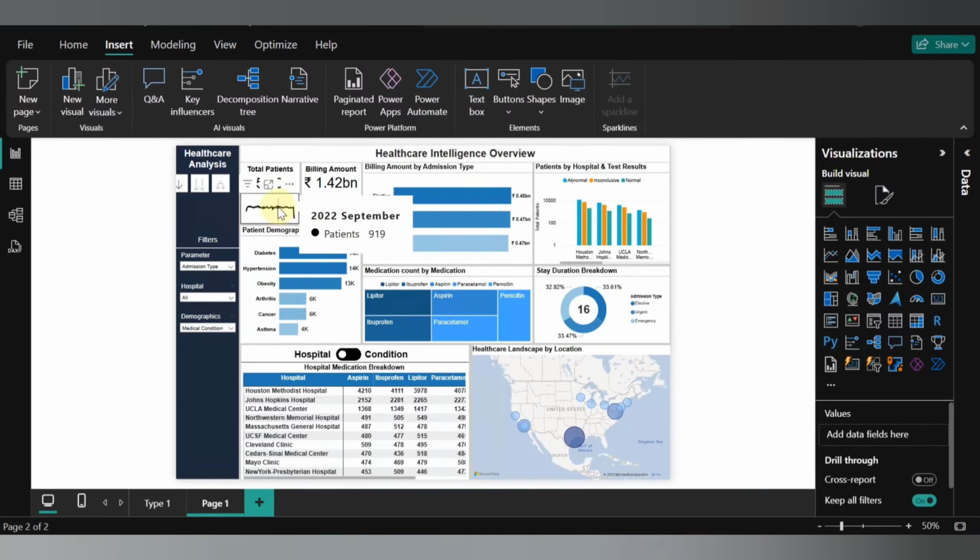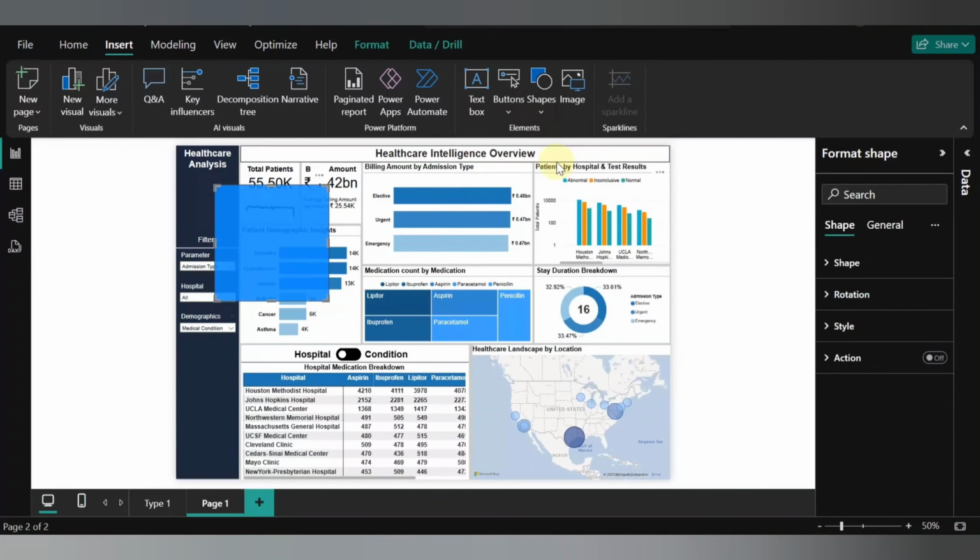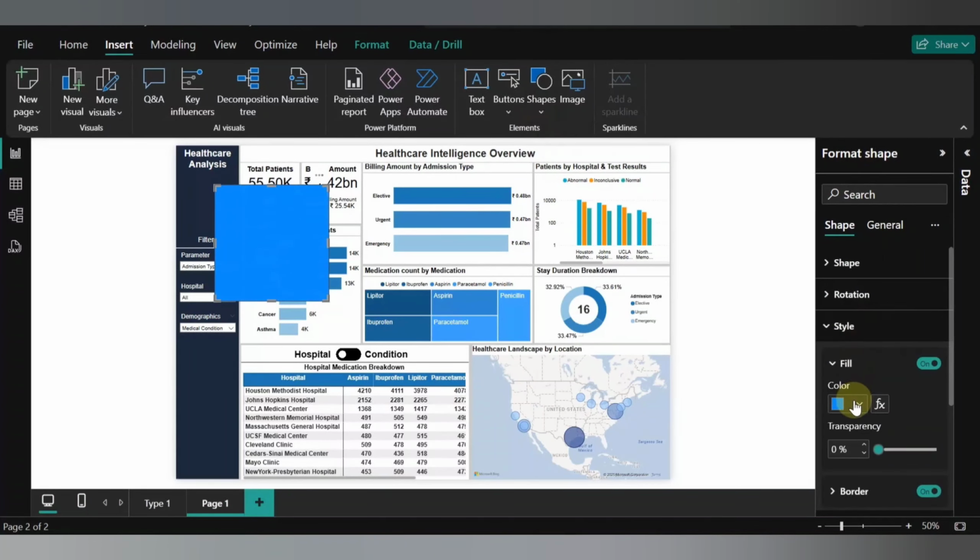And like this, we will add tooltips for our patient demographic insight, billing amount by admission type, and healthcare landscape by location. So for creating a tooltip, let's quickly add a shape and quickly format this